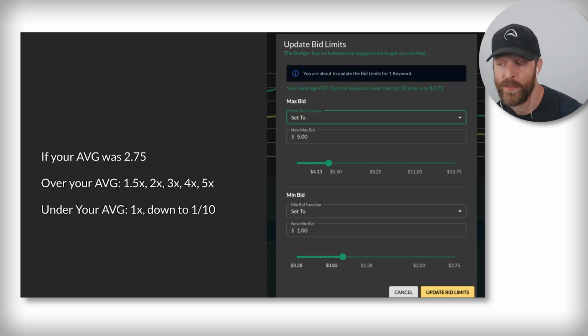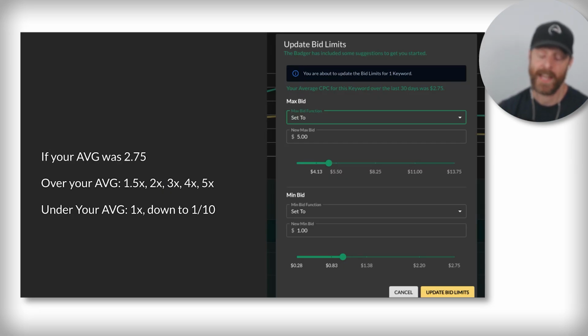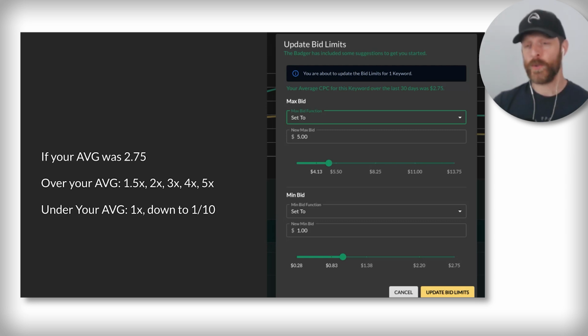So what we like to do is have these little sliders where the middle is basically 3x for the max, and the middle is basically a half for the min. So you can get a good sense of a reasonable minimum and maximum. And then of course, if I'm working on a ranking campaign, I'm going to slide all that stuff up to the right because I want to get more aggressive with it. So it just allows you to operate in a really, really advanced way.